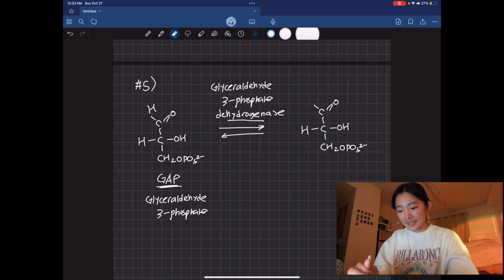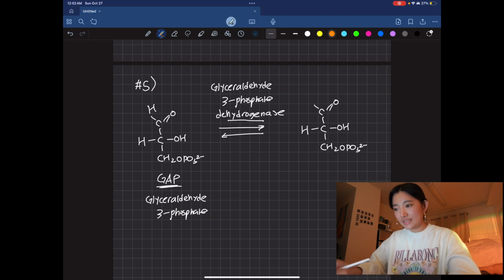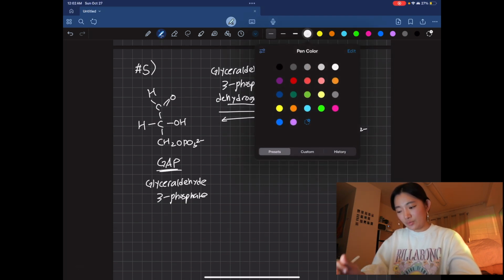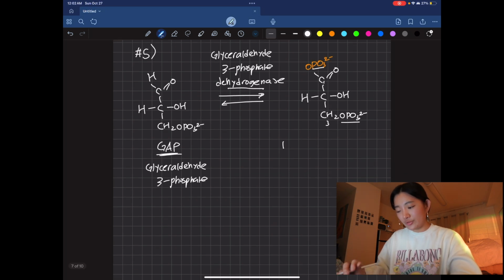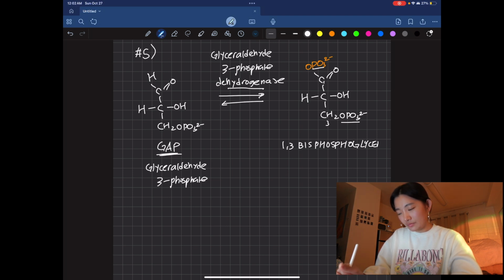So I'm going to kick that. It's going to replace it with a phosphate group. And the name of this molecule would be what? So we have a phosphate group on carbon number 1. We have a phosphate group on carbon number 3, right? So this is going to be 1,3 bisphosphoglycerate. Realize that we went from a glyceraldehyde to a glycerate because we don't have an aldehyde group on this